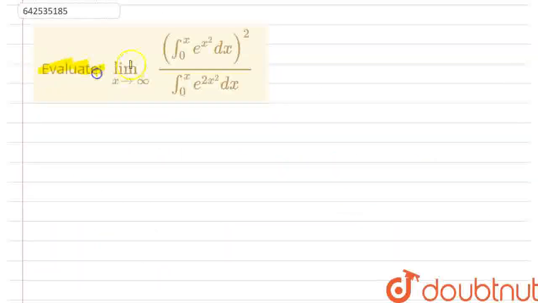In this question, we need to evaluate limit x tending to infinity, integration 0 to x e to the power x square dx whole square, divided by integration from 0 to x e to the power 2x square dx. Now note one thing, that this limit is in the form of infinity by infinity, since the value of this